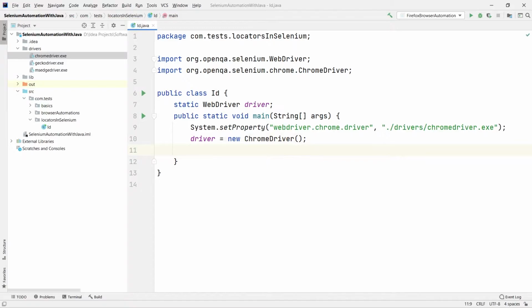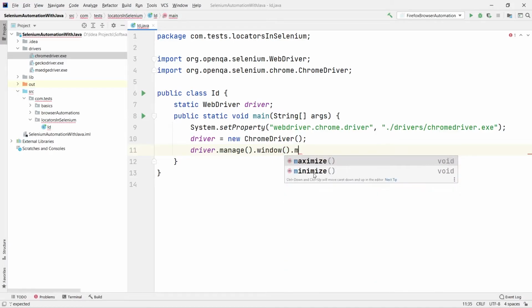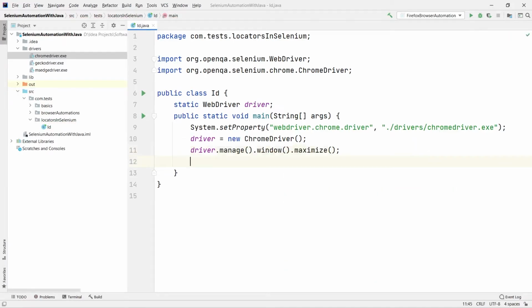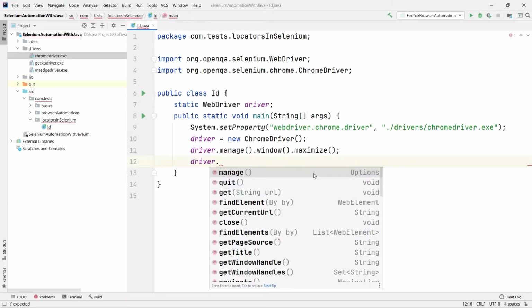If you are new to this, I suggest you please go back to the playlist and the other videos, then you can follow this easily. Then let me maximize the window. driver.manage().window().maximize(). And now let us go to a particular URL, driver dot